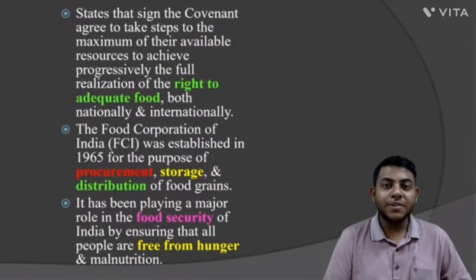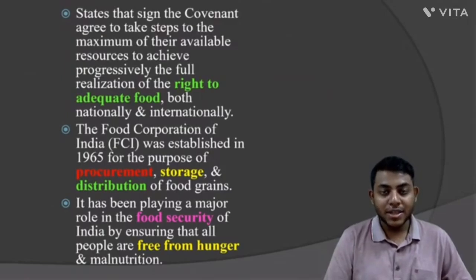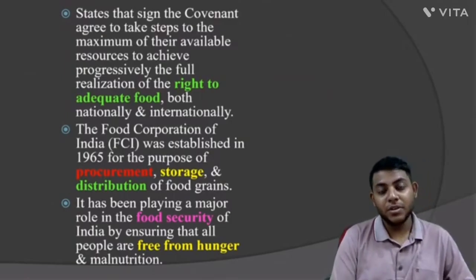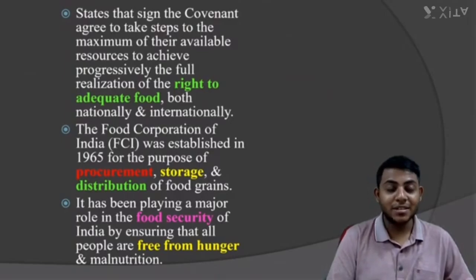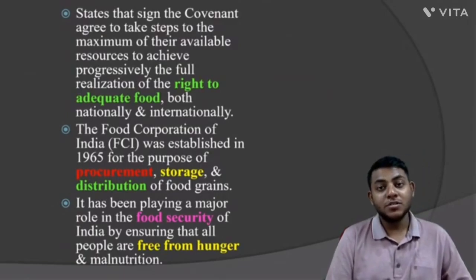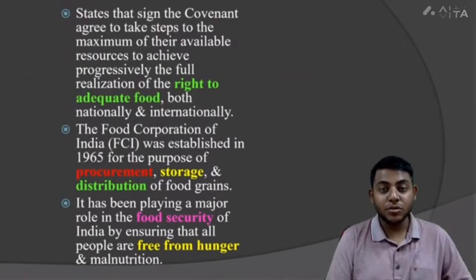So the HYV seeds that were used yielded huge returns, and food grain production reached an all-time high. Although there were drawbacks of that as well, which we are now realizing, the excessive use of fertilizers and also excessive irrigation. It led to the lowering of groundwater levels. So groundwater levels have reduced by 22 times from 1996 to 2016. So all these things are the side effects.